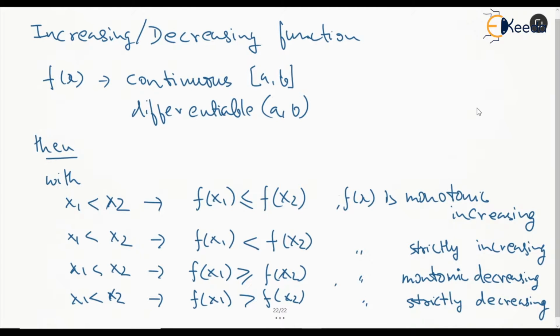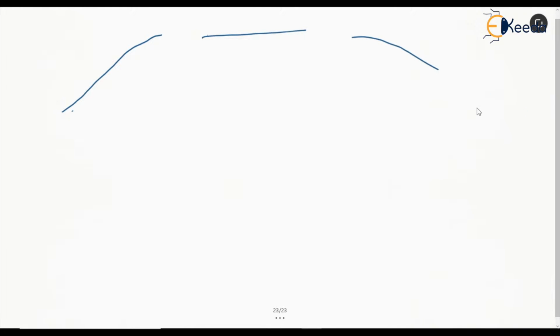That is, if x is increasing and along with that the function of x is also increasing, then the function is increasing. Whereas if x is increasing and the function value is decreasing, then we say the function is a decreasing function. So we can check a graph like this. Let's say this is one, another graph is this, and another graph is this.